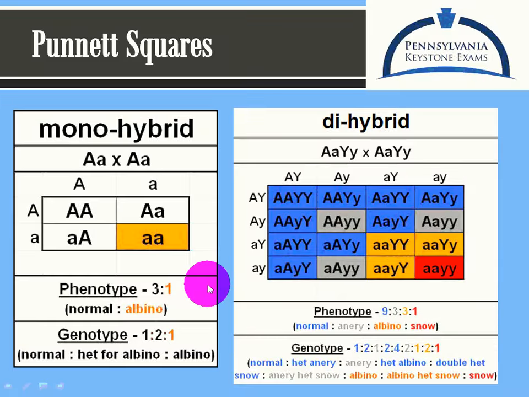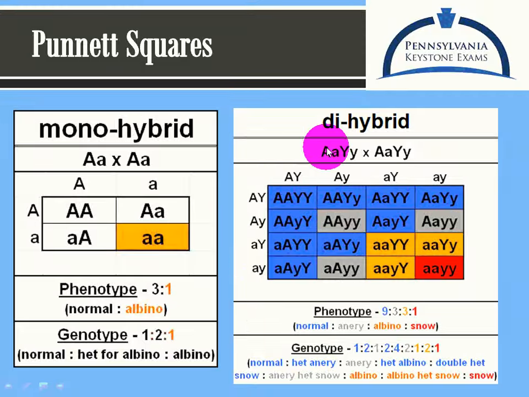If I wanted to make things more complicated, I could look at a dihybrid cross, and a dihybrid cross would look at 2 genes or 2 traits. So we're looking at albino versus non-albino, and we're looking at pigment versus kind of no pigment or making pigment. So what you can see here is if I cross 2 heterozygous individuals, they're heterozygous for the A trait, big A, little a, and they're heterozygous for the other trait, big Y, little y,